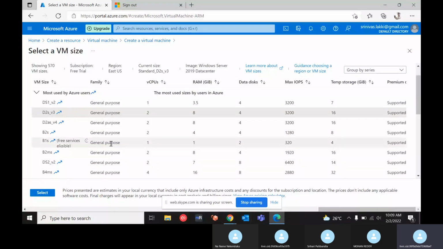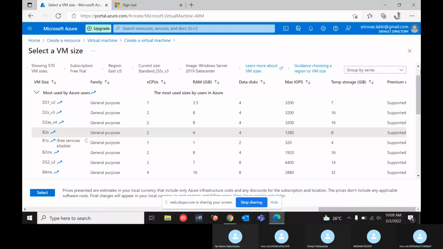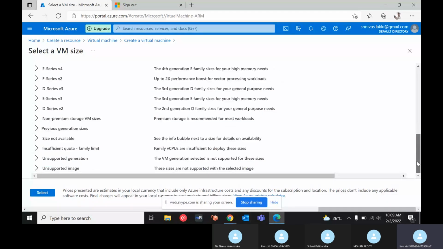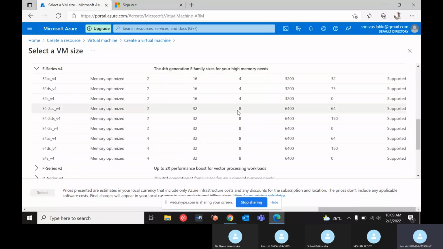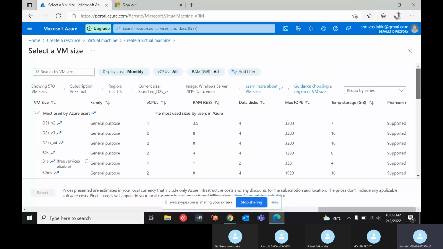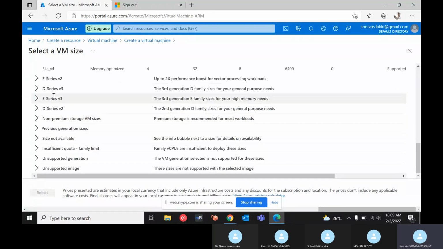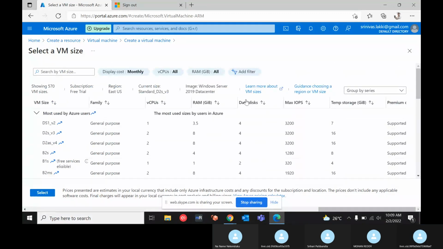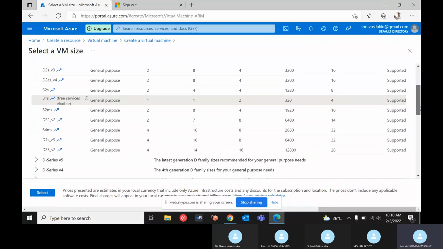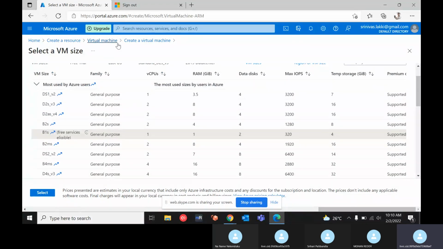Okay, if you want to select anything, you can select and see. You will see a lot of sizes are available, based on the RAM, the number of CPUs, the disks, and the maximum input output operations. So based on the different properties, you will find different sizes here. Okay, so B1S is eligible for free services. But anyway, we have some amount, right? We can utilize those free credit amounts. So if I go back,